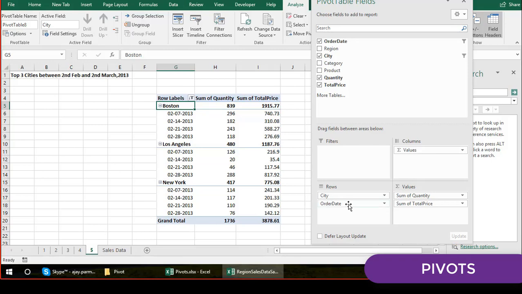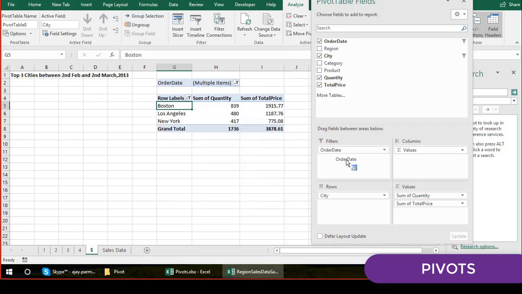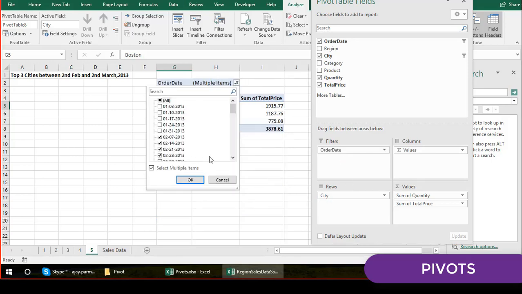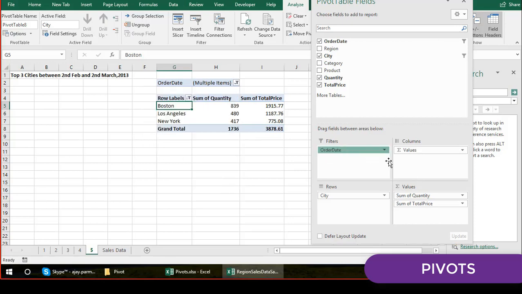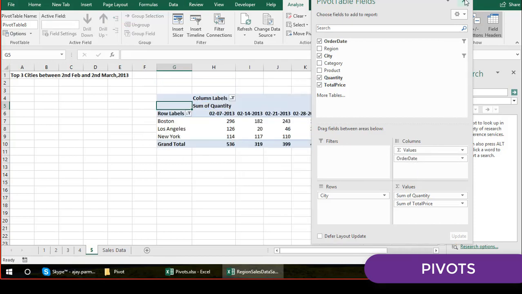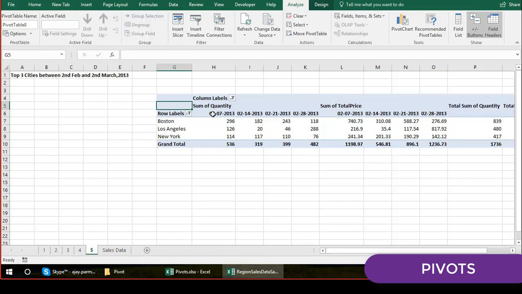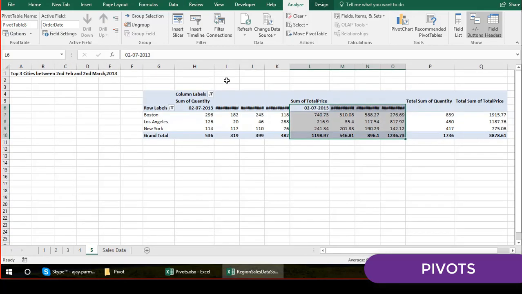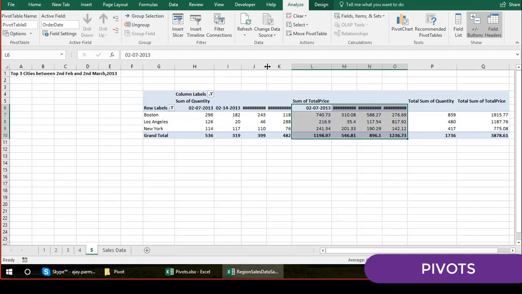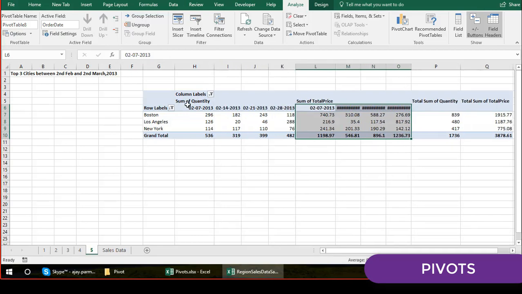Because if you just put this order date here and you filter the things, and then you go and put that thing anywhere, maybe here also, now look at this. You find here only the 4 dates, right? First, these are for the quantity and this is for the total, because you have the 2 headers. So if you can show the pivot in this way as well, guys, this is also okay. Double click here. This is how you can do it.